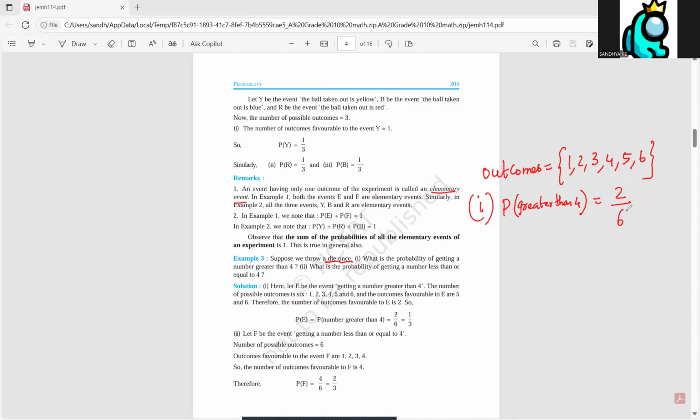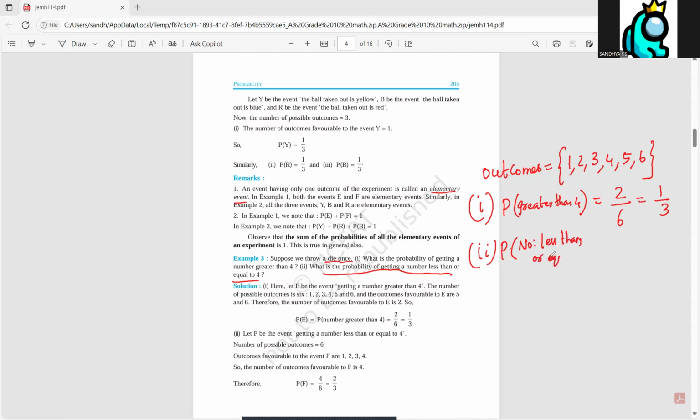So 2 by 6 is the answer. So probability of greater than 4 is 2 by 6. You need to further simplify it. Both of them are divisible by 2. So 2 divided by 2 is 1, 6 divided by 2 is 3. So 1 by 3 is the answer. Same like that, your next question is, what is the probability of getting a number less than or equal to 4? So what is the probability of getting a number less than or equal to